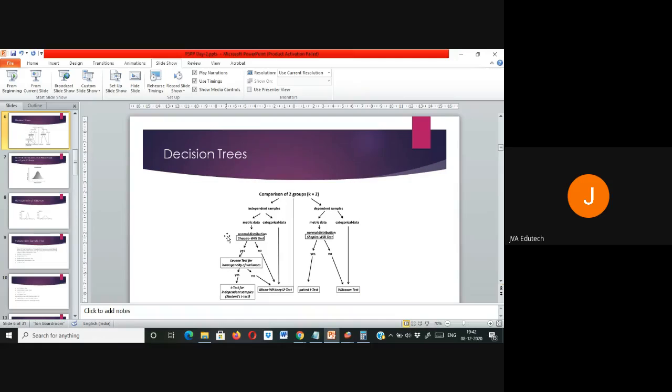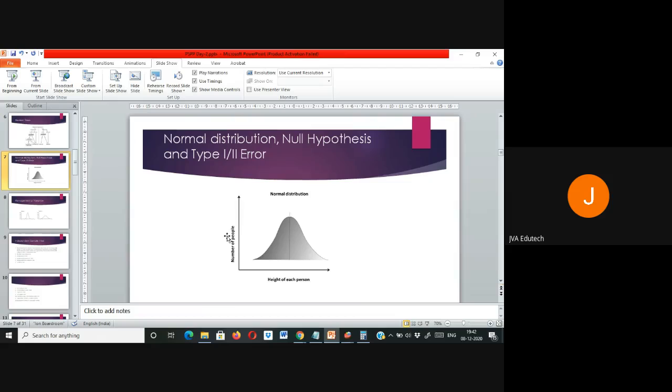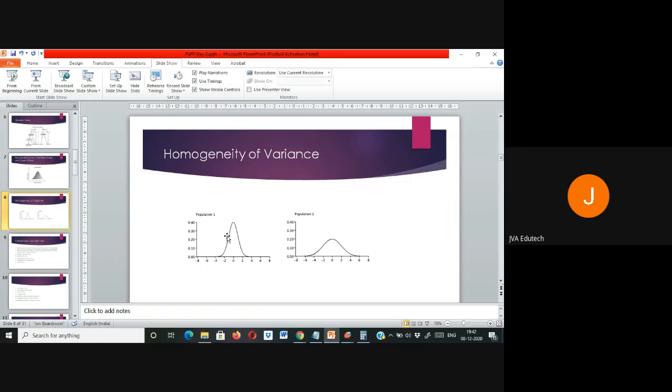Now let's see. Okay, I have talked about two concepts, normal distribution. So this is the normal distribution curve, you can see. And second case is the homogeneity of variances. Suppose I have taken two groups, male and female, and I want to test emotional intelligence among male and female. Now, among my population, if there are only 10 females and 100 males,